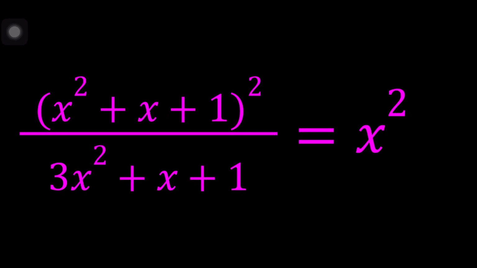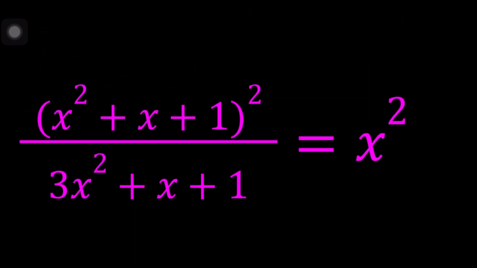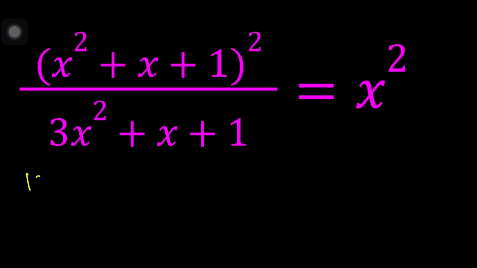Hello everyone. In this video, we're going to be solving a really nice problem from Russia. This problem is from a math Olympiad, a regional one, I think. We have (x squared plus x plus 1) squared divided by (3x squared plus x plus 1), and the result is x squared. So we can solve this problem hopefully using two different methods, and I will start with the